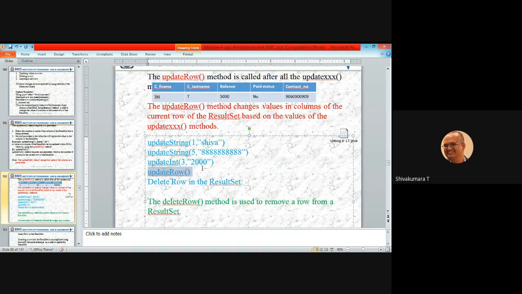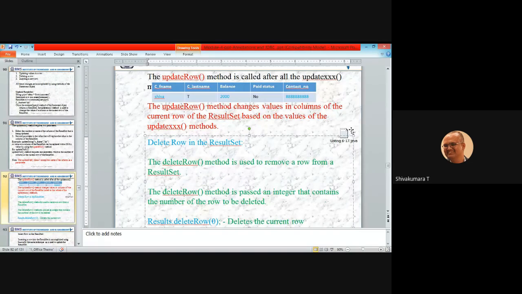After executing updateRow, the first position value is replaced by Shiva, the last position value is replaced by the new value, and the new balance is updated here. So after updating with the updateRow method, clear? Just look into an example.